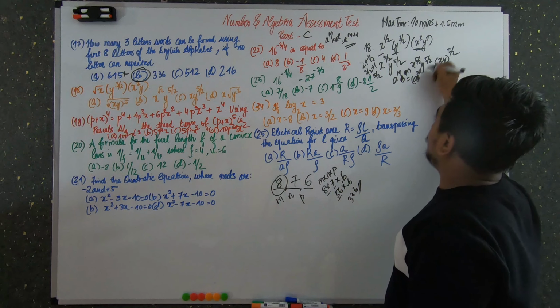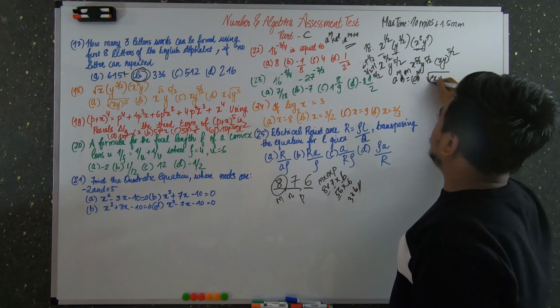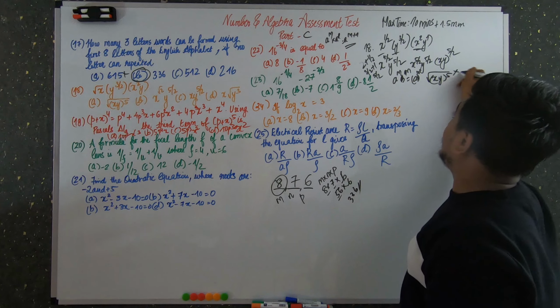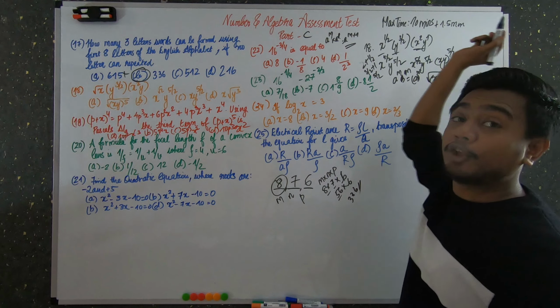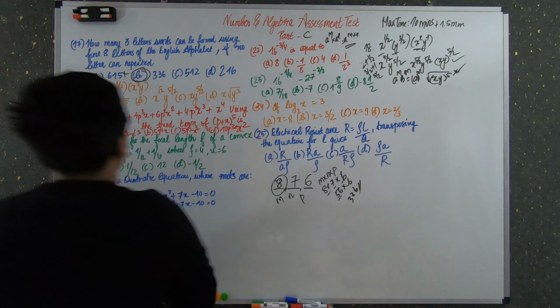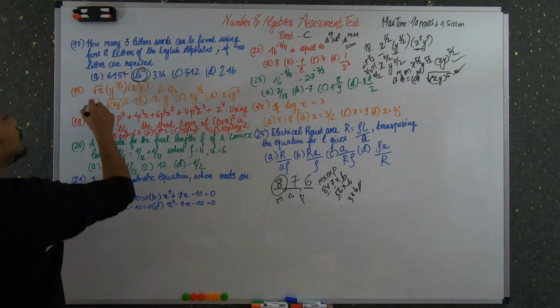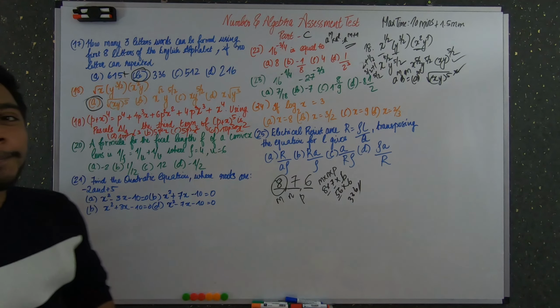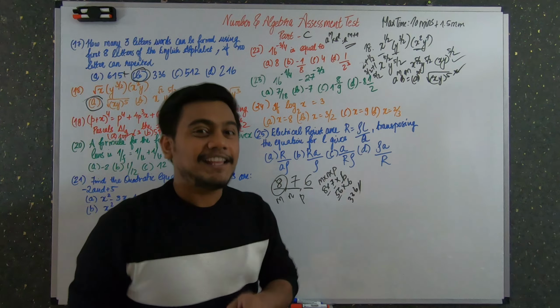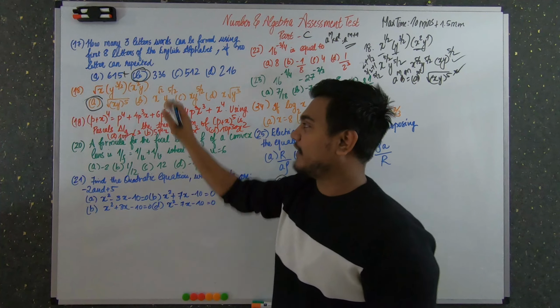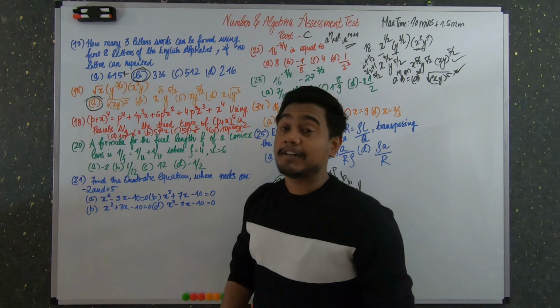Again, square root, you can write it as root of xy the whole raised to 5. Either this should be there in the option or this should be there in the option. Let's check for it. Okay, you don't have to check anything. The first option is the same. So for the problem number 18, A is the correct option. Okay, that's it. And the next problem, it's again interesting.